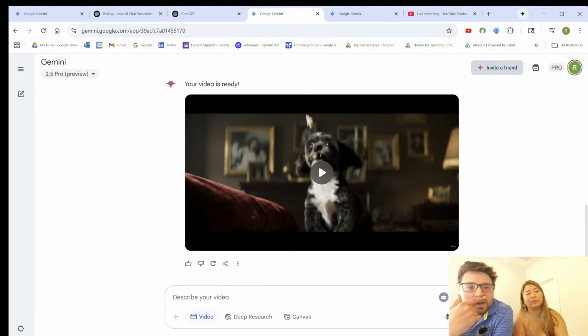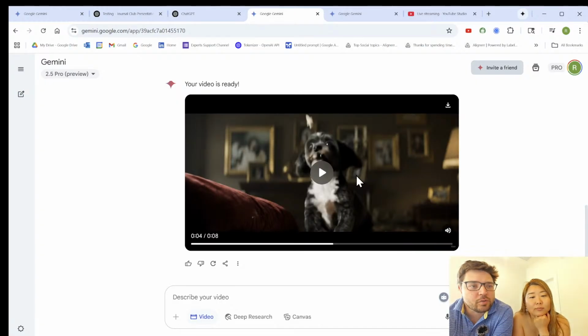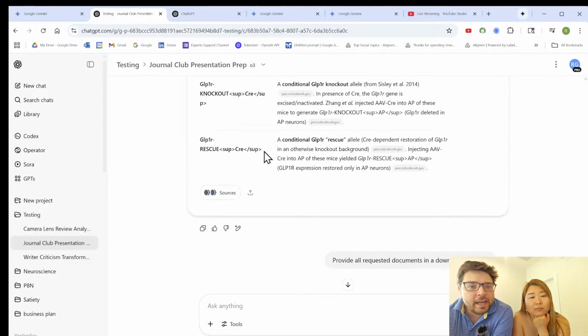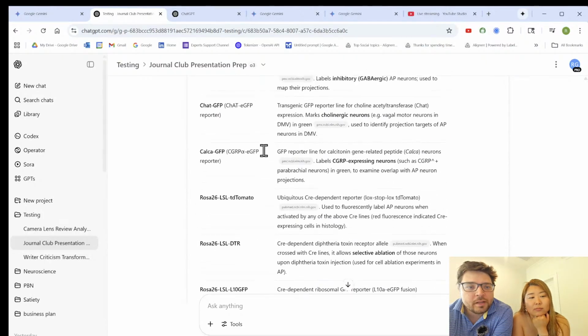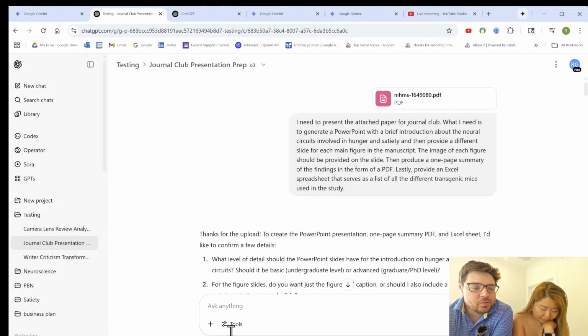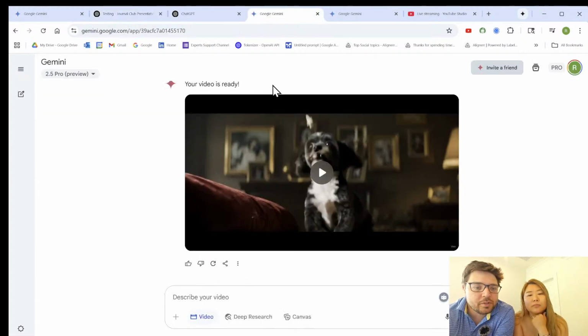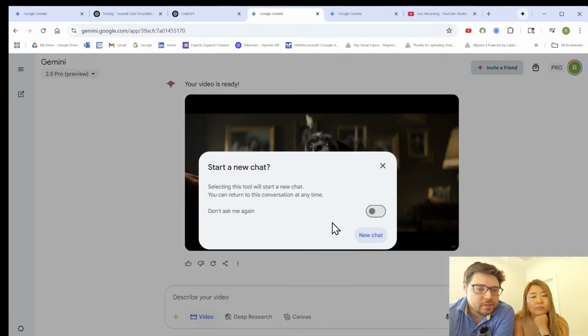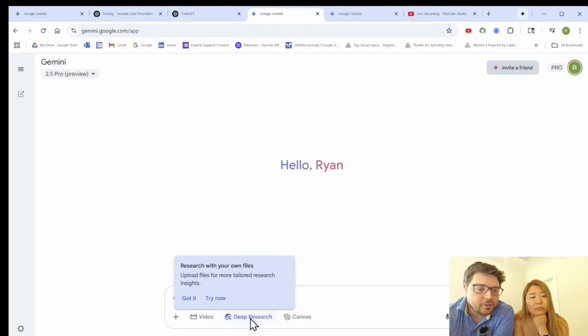All right, so let's just switch gears real quick over to ChatGPT. There's just something that I had queued up here. One thing that's really interesting is this is with using deep research in ChatGPT. As you see here with Google Gemini, you can just click on deep research, start a new chat, and then you can get this in-depth